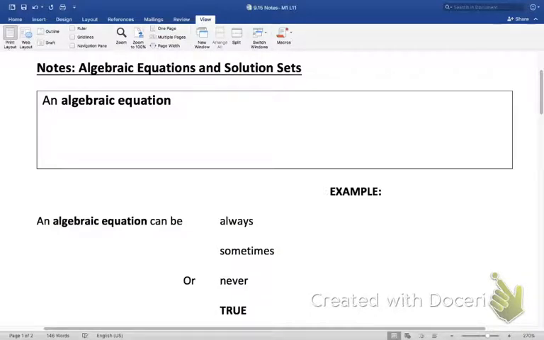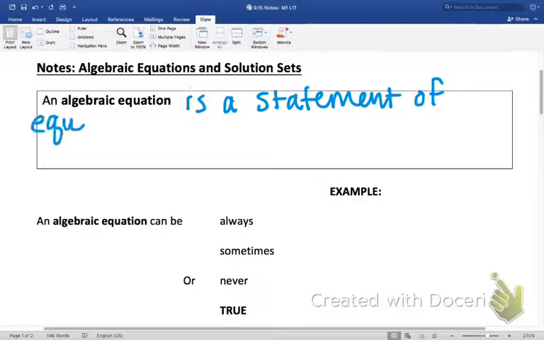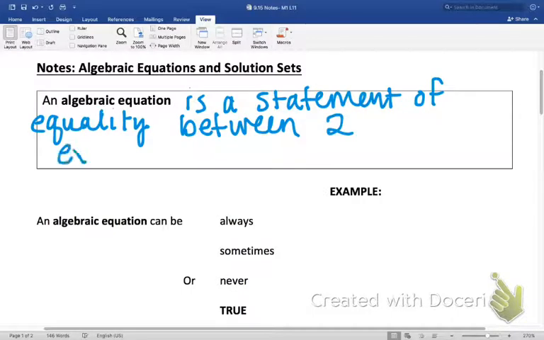An algebraic equation is a statement of equality between two different expressions. And an algebraic equation can either be always, sometimes, or never true. So we're going to look at, and I'm going to write in an example for each about where is the